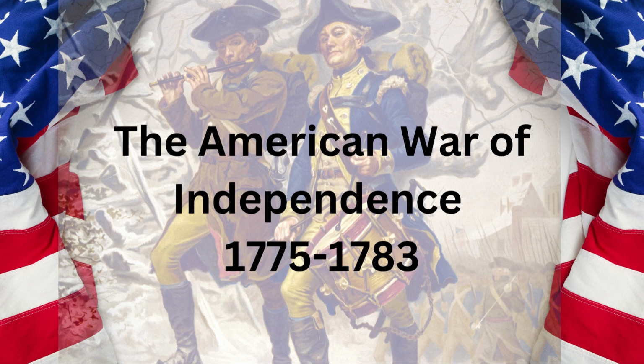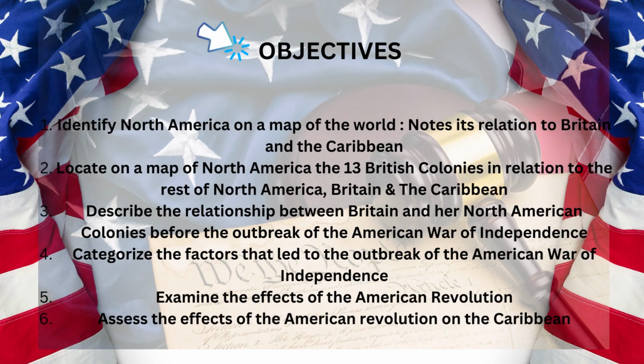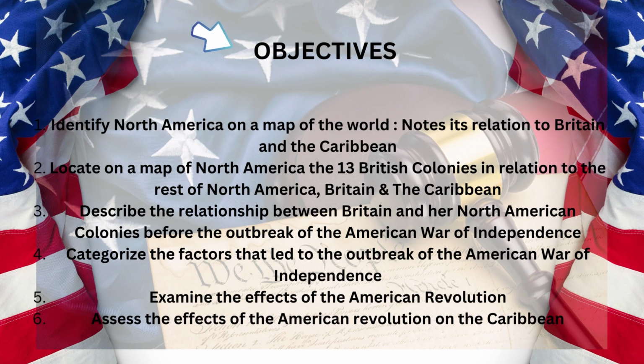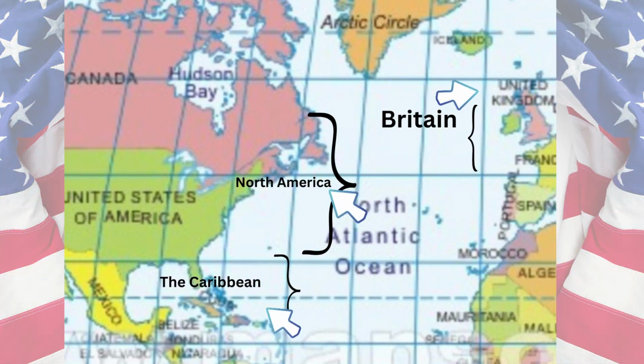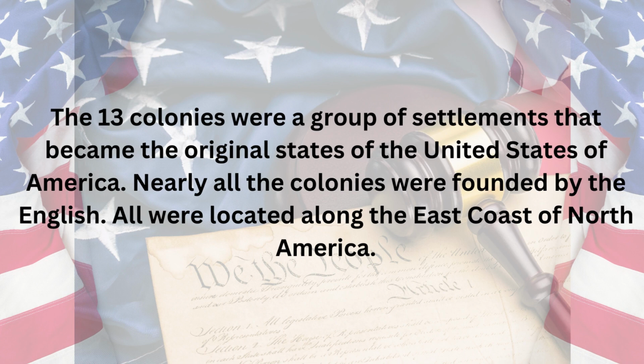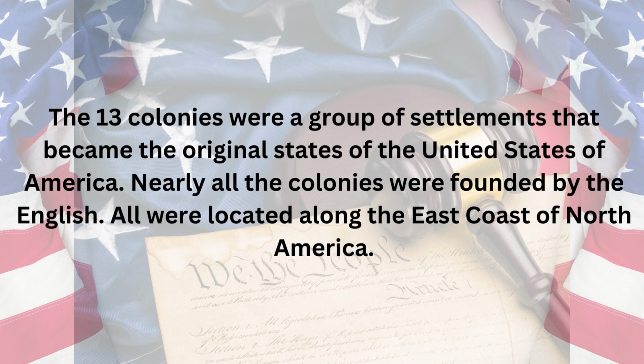The American War of Independence, 1775 to 1783. Locate on a map of North America the 13 British colonies in relation to the rest of North America, Britain and the Caribbean. The 13 colonies were a group of settlements that became the original states of the United States